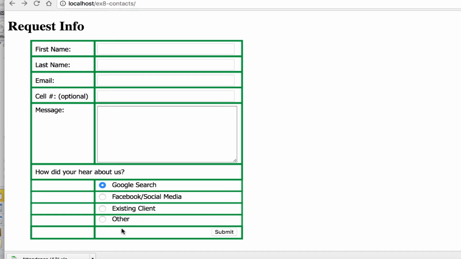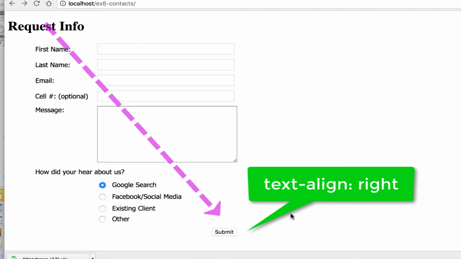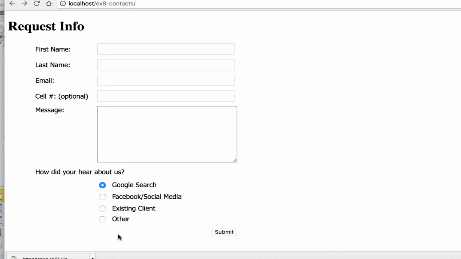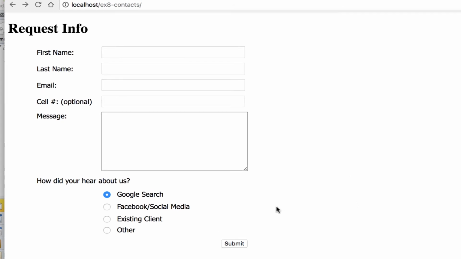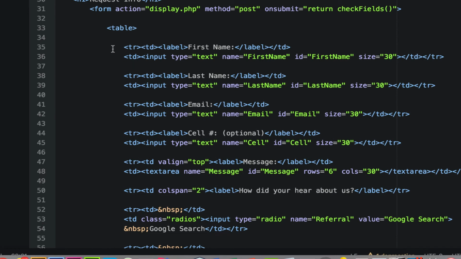And then down here, this is aligned right inside this bottom row. So that's why it's just easier to see it. Viewing it top to bottom, left to right, it's easier to see the submit button when it's aligned right at the bottom rather than underneath over here. So that's why that's set up, and it took a little bit of tinkering to get that right, and I'll show you where some of that stuff is as you look through the table code. So this is set up as a table. It just helps organize things and align things a little bit better than trying to use a lot of CSS to do that. So going back to our code, I'll show you, here's the code,